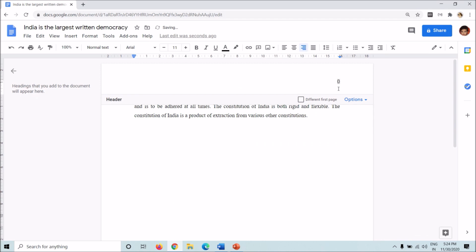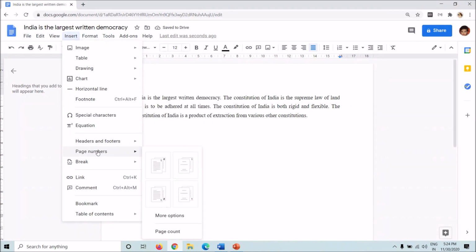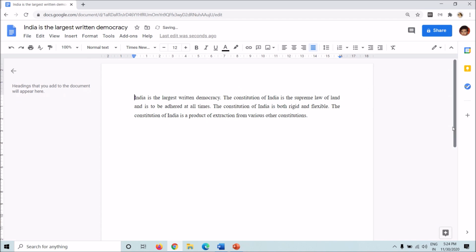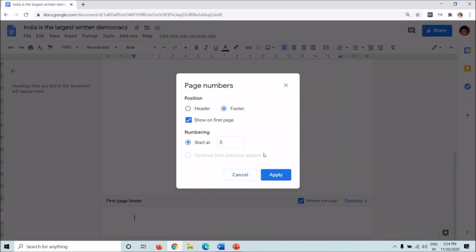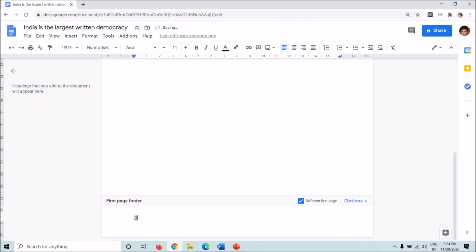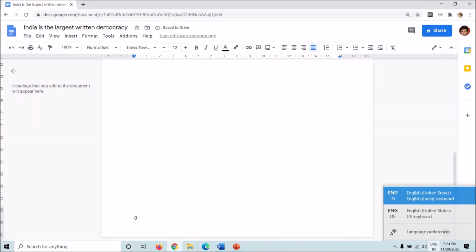So you could delete, remove the header, and then insert a footer. It's up to you.